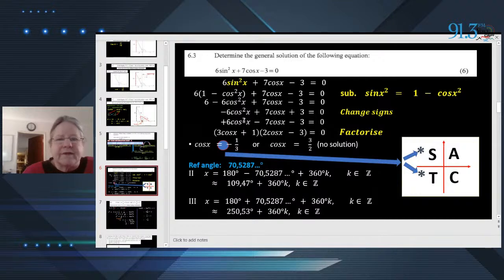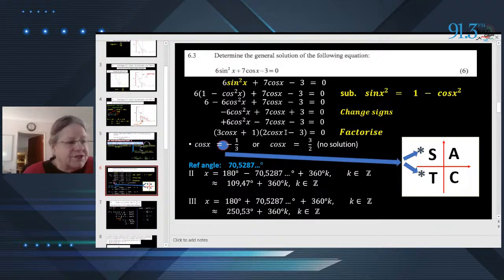The 2 says that we need 2 answers. So the brackets will factorize into 3 cos x plus 1, 2 cos x minus 3. Now, if you follow my algebra classes, I do have a video where I show and explain properly how we get from the trinomial to it being factorized. But if you do not know that method,